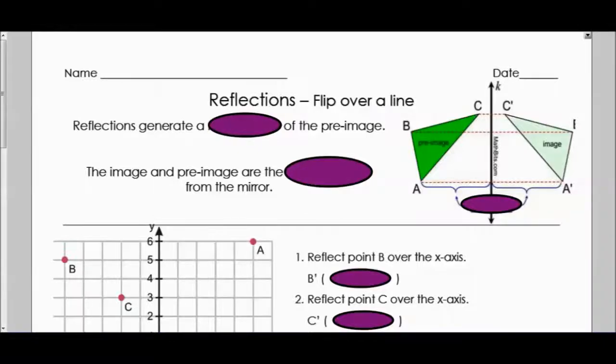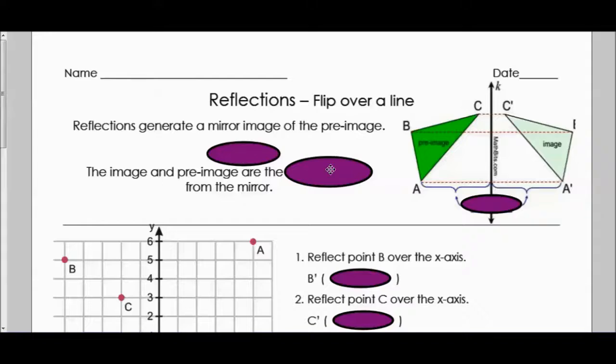About a reflection, we're talking about a flip over a line. So this is a very clear picture of what's happening. We're looking at the pre-image on the left, the image on the right. Our mirror, or our line of reflection, is right in the middle. The pre-image is going to flip completely over that line of reflection, and it creates a mirror image of the